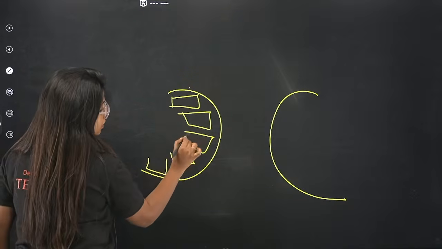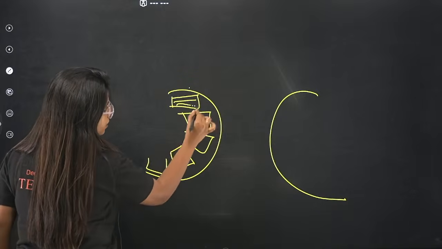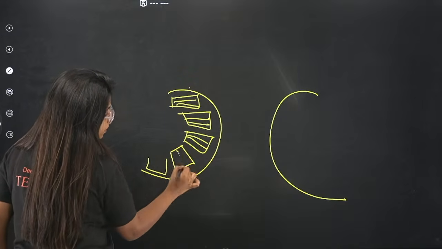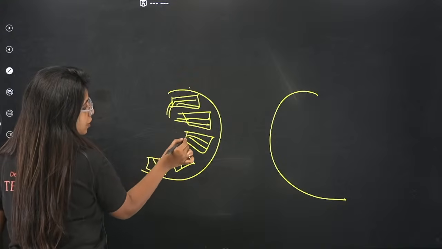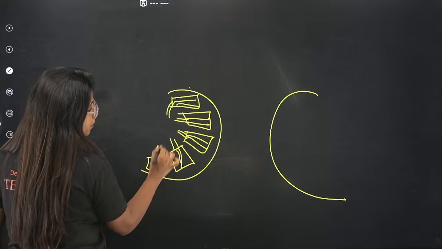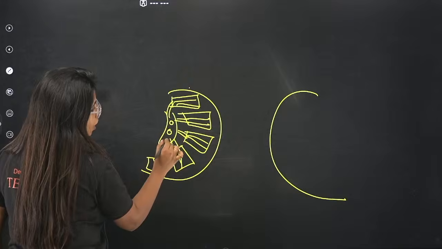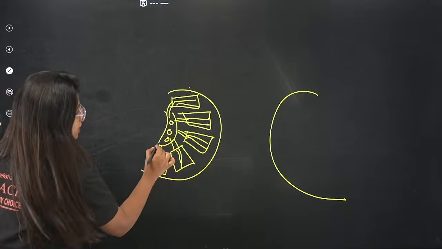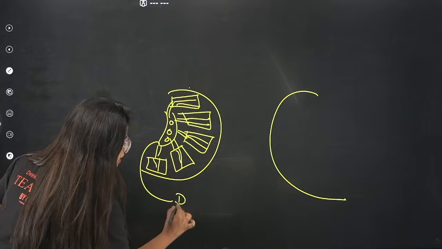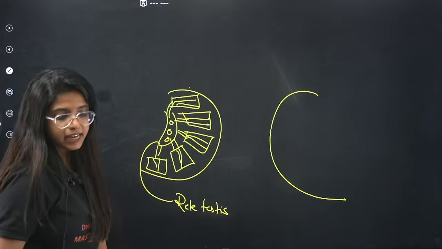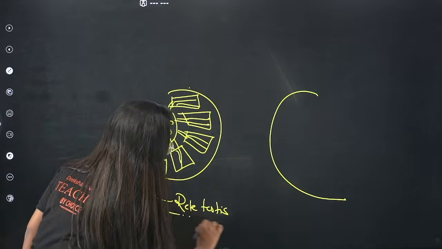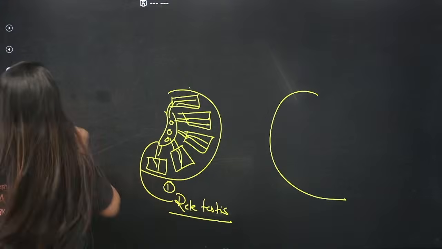This is the testicular lobule. Inside this, we have the seminiferous tubule. So I'm making the seminiferous tubule. Now I'm saying that the seminiferous tubules open into a duct. This particular duct is known as rete testis. What do you call this? Rete testis. This is the first duct that you have to remember.